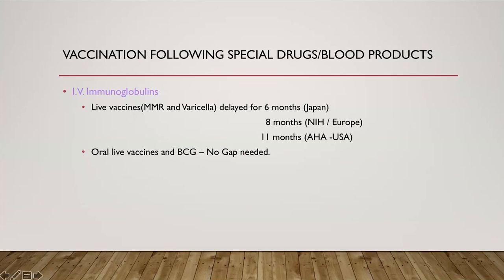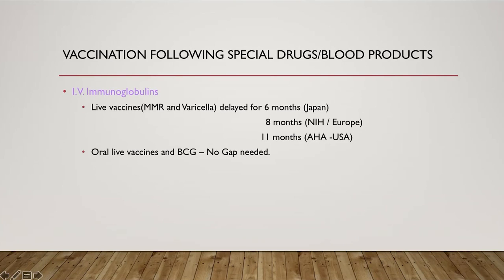Vaccination following special drugs or blood products. Now, if a child has received IV immunoglobulins and is awaiting live vaccines such as MMR and varicella, then depending on the country's guidelines, it will be delayed. The delay should be minimum 6 months according to the Japanese schedule. But in some European countries and National Institute of Health, they recommend 8 months. The Americans, they go for a prolonged gap of 11 months. Okay, so depending on the country's schedule and their guidelines, the gap or delay will vary, but the minimum gap is